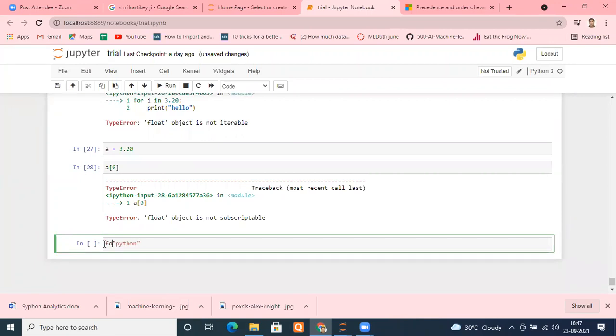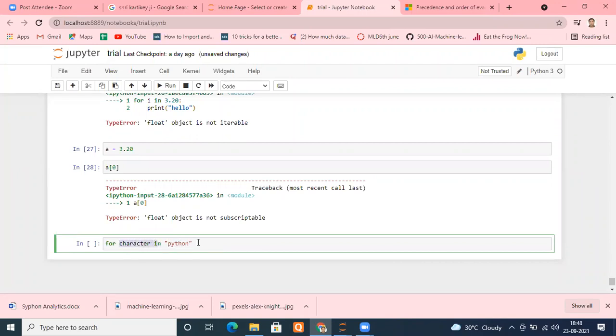So I'm writing an instruction: for loop variable. For the loop variable, you can write anything you want, for example, for character in Python. I can put any sequence here, remember? Any iterable whose individual elements you can access, you can put here. A string we can access, we know. So we can put any iterable here.